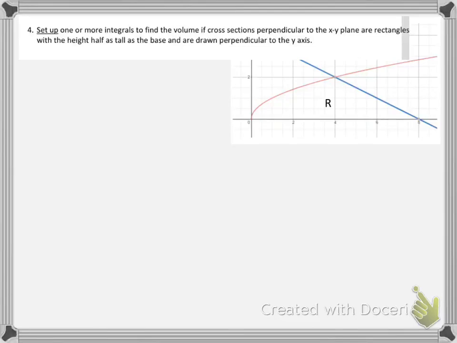As we look at question 4, we are again asked for volume of a cross-section perpendicular to the xy plane. This time they tell us we're looking for rectangles with the height half as tall as the base, so that's important. And this time they say we are looking perpendicular to the y-axis. So if I was to try to sketch some three-dimensional rectangles,